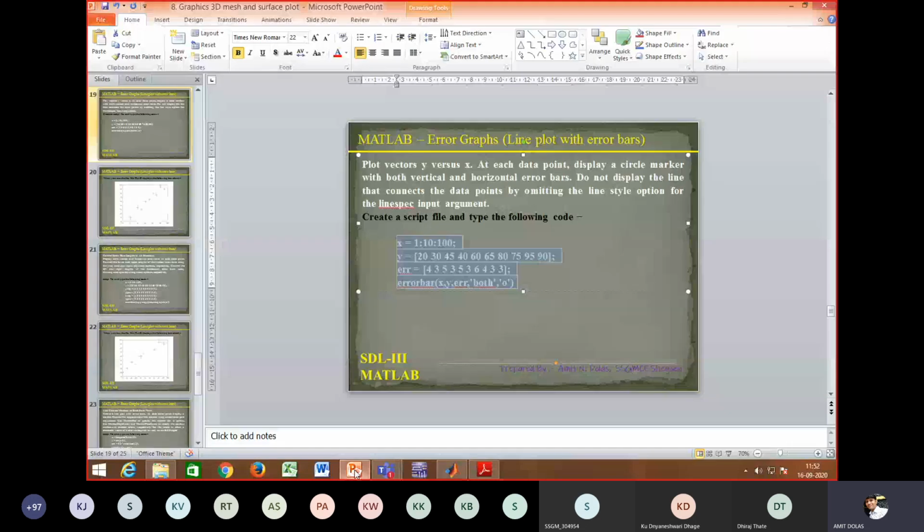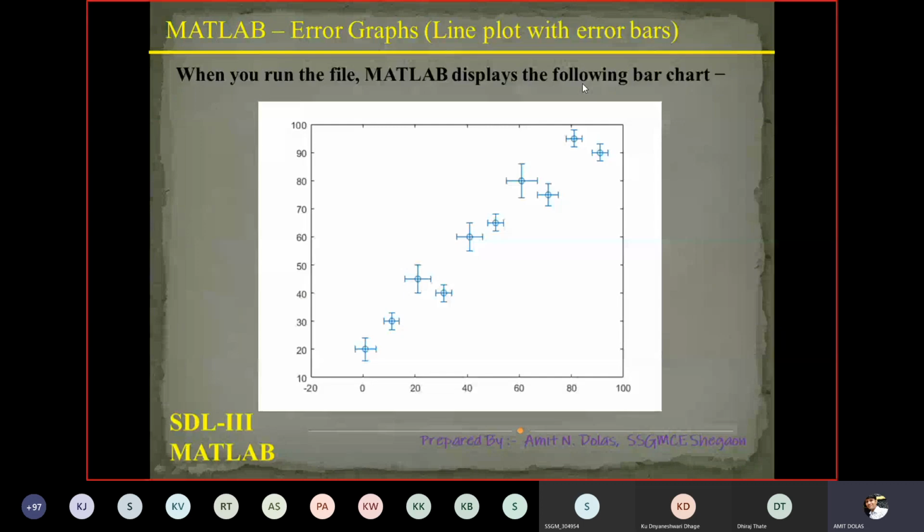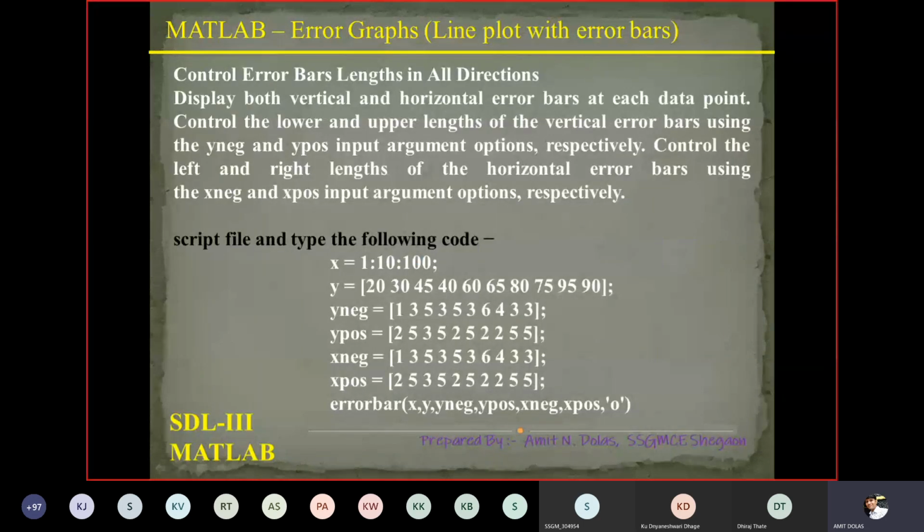So after executing this code, your output will be like this. Line is not plotted, only error bar and circle, particular point circle is plotted, line is omitted.